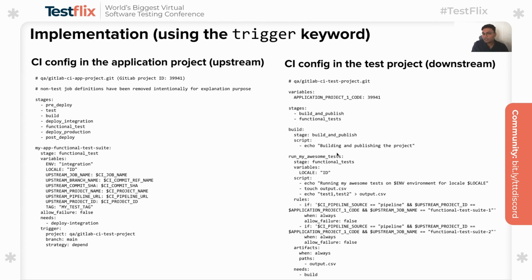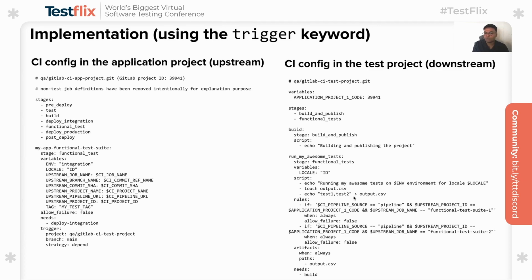On the right side, we can see that all the details of the testing job are declared here. It's all declarative syntax in YAML, so fairly easy to understand. You can see that run my awesome test is basically a downstream job which defines what should be done as a part of this testing job in this pipeline. You can see that other than the script part, which will have the key steps to execute the test,